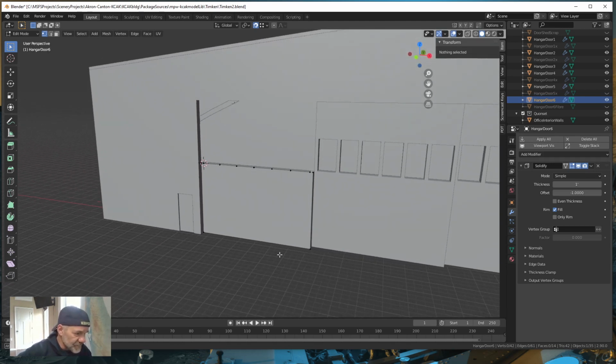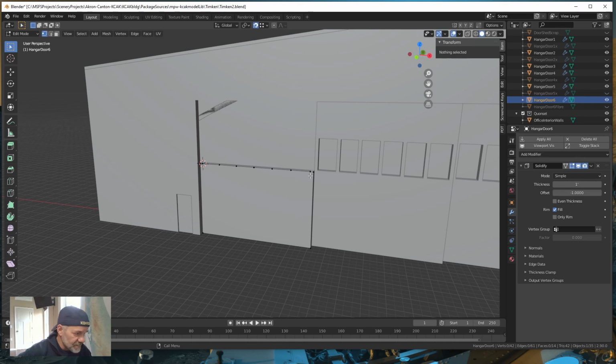CAD programs would allow you to do slicing and dicing based on, I'm confusing the point. All right, so if I did a Control R for a loop cut,